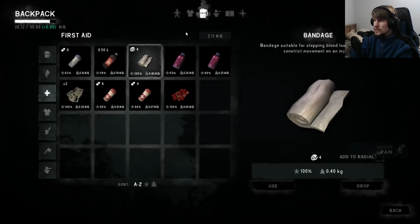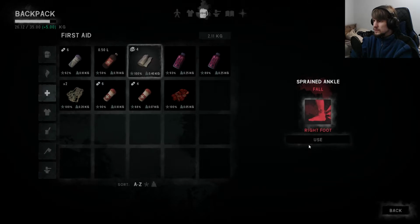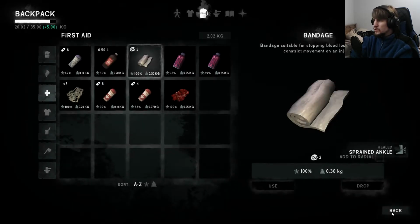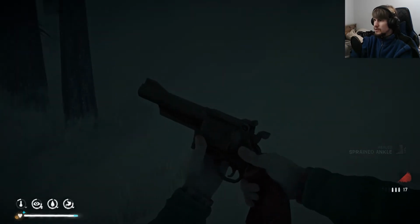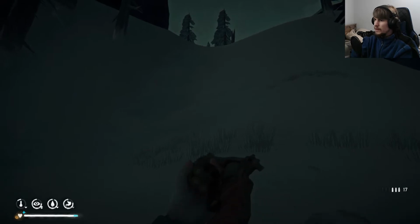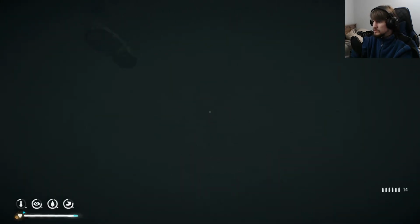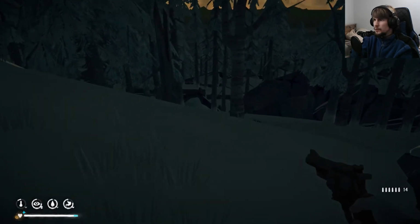And then, is it just a bandage on a... Yeah, it is just a bandage, okay. I should have stuck to the main road. So now the question is, do I keep going down? Yeah, looking back now, it looks a lot steeper. I didn't think it was actually going to be that steep on the way down like I was there, but...